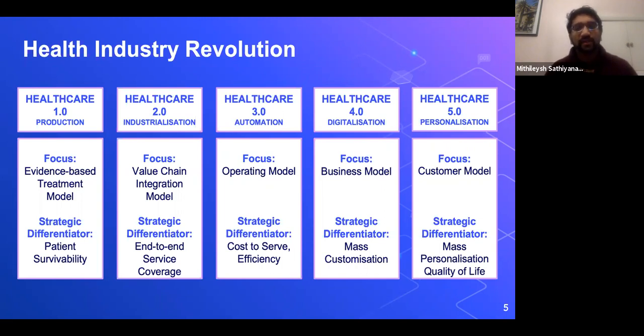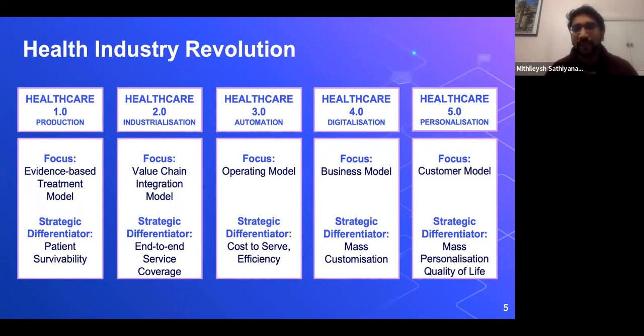From there, now we are somewhere near 4.0. We are trying to hit the balance between 3.0 and 4.0. Completely, we have not moved into 4.0. I can call it 3.5 maybe, because we are trying to hit the balance between the operating model and the business model. Again, it's completely on mass customization. And what I'm going to talk about is healthcare 5.0. Here we are going to focus on a particular individual. It could be a healthcare professional, or a user, or a patient. Again, to improve the quality of life, to understand a person's health, how they behaved in the past, how they are behaving, and how they can behave in the future. So it's like past, present, and future.